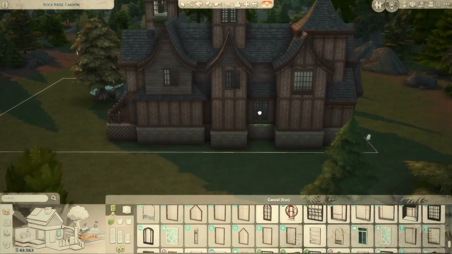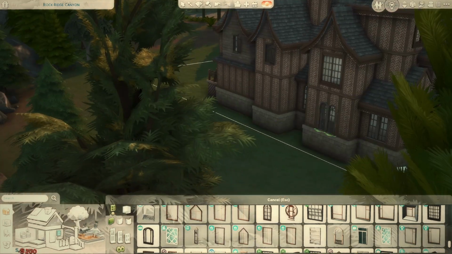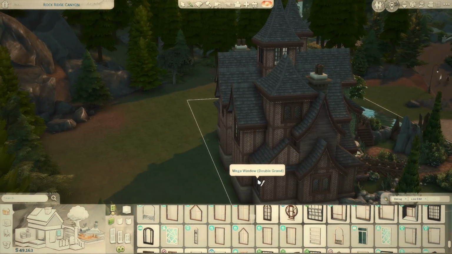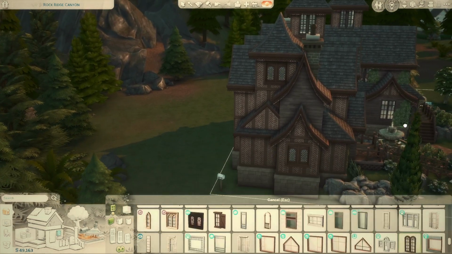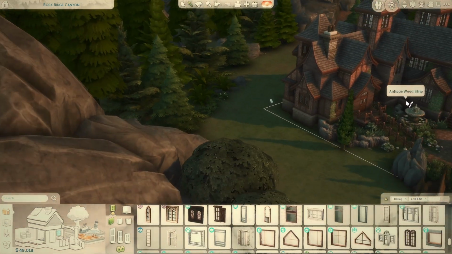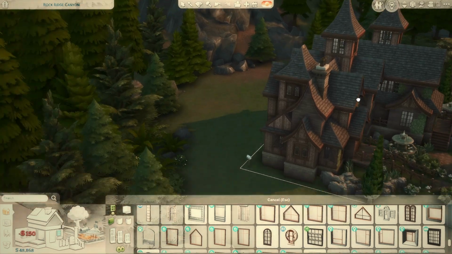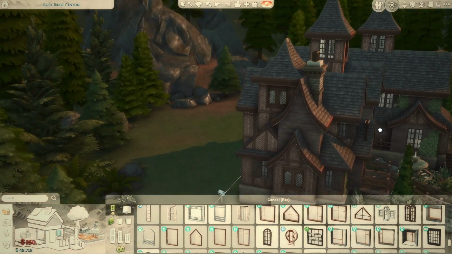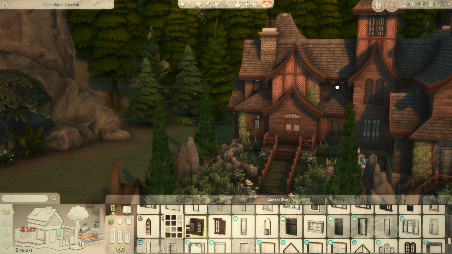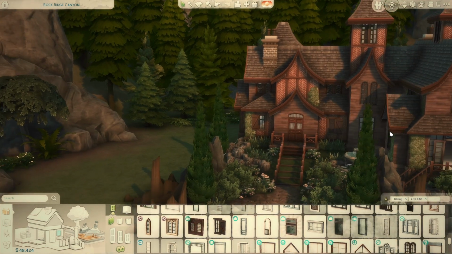So I'm like, oh my god, we have some good options. As long as the windows are the same color in the interior as they are on the exterior, it's all good. And I see that mailbox there. Don't worry, I delete it and then the mailbox spawns in front of the front door and then I fix it and I add